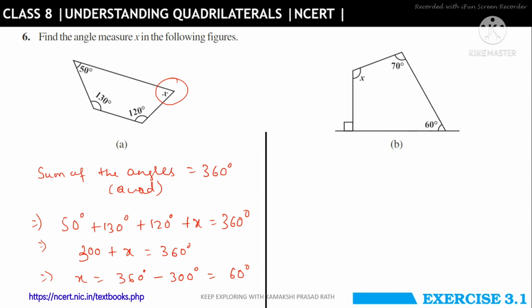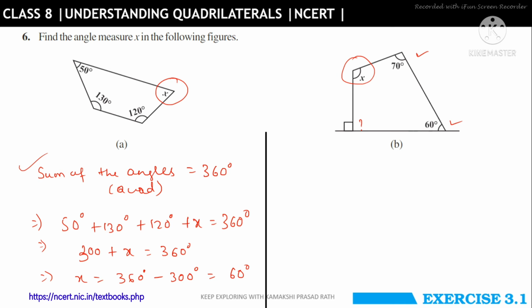So it is clear now. You just have to use the angle sum property for a quadrilateral. The same thing here, we want the unknown angle x. Remember, to find one of the angles, the other three angles must be known in the quadrilateral. Here we have one missing, but the other three we have to know. One we have 70, another we have 60, but we don't know this one.